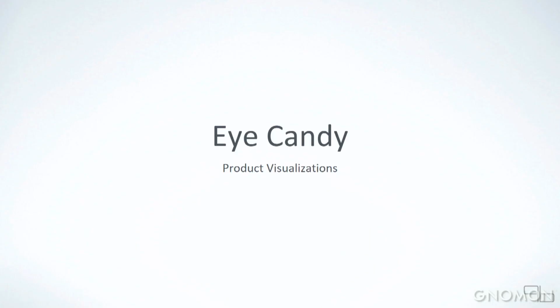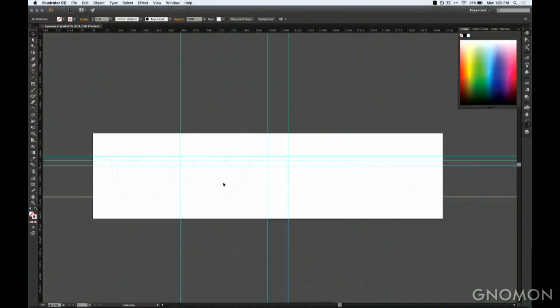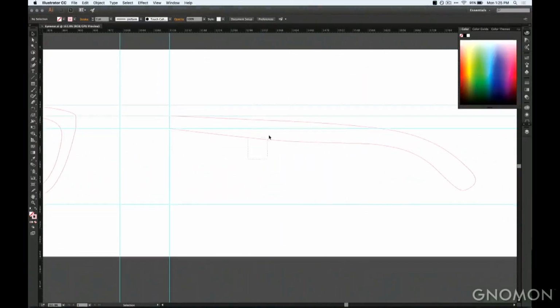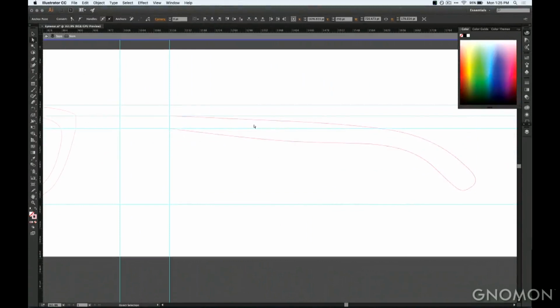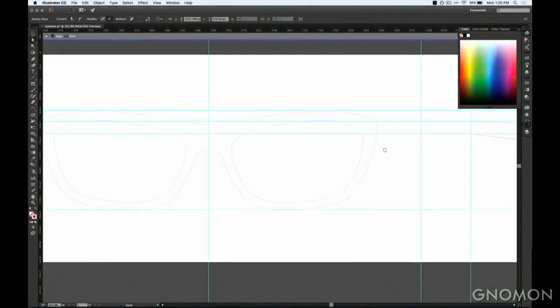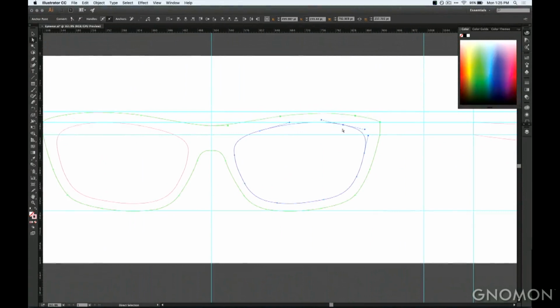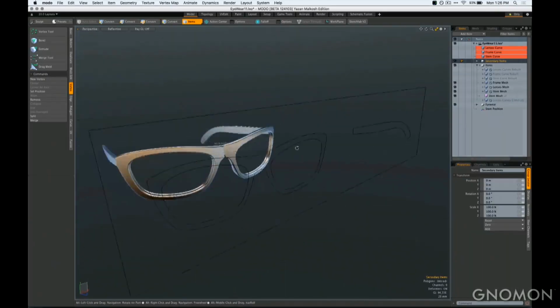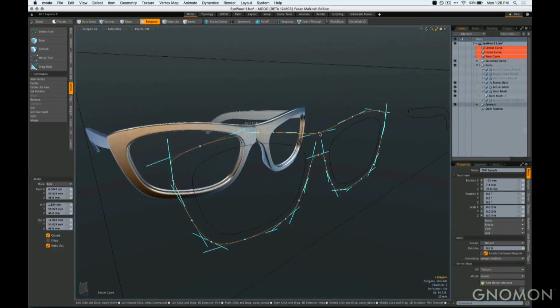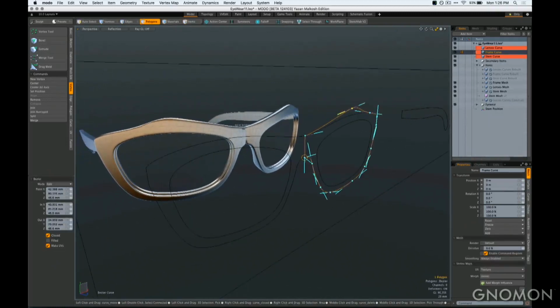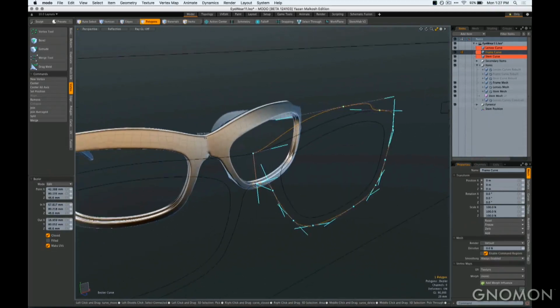I'm going to show you some interesting things that we've done with Modo, unrelated to the Swacket. I like to create tools to create designs, not just do the designs themselves in production. So we worked on an eyewear production tool where designers don't have to model 3D at all. All they do is edit curves in Illustrator, specifically the stem, the frame, and the lens, and then export it out, and you actually get out of the box a procedurally created eyewear frame.